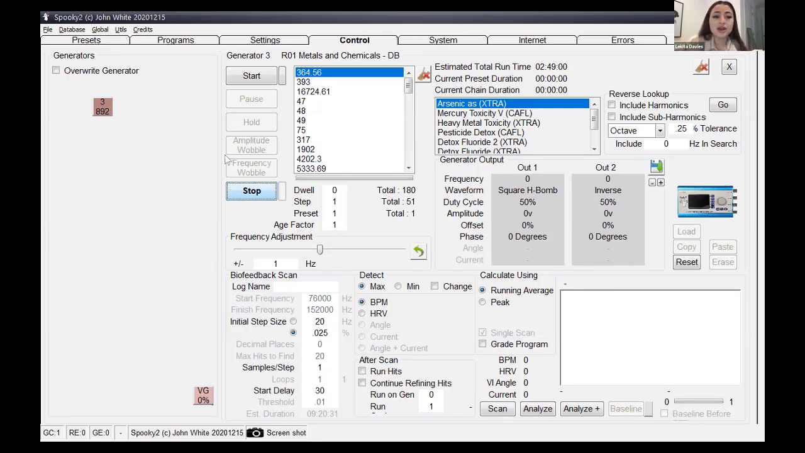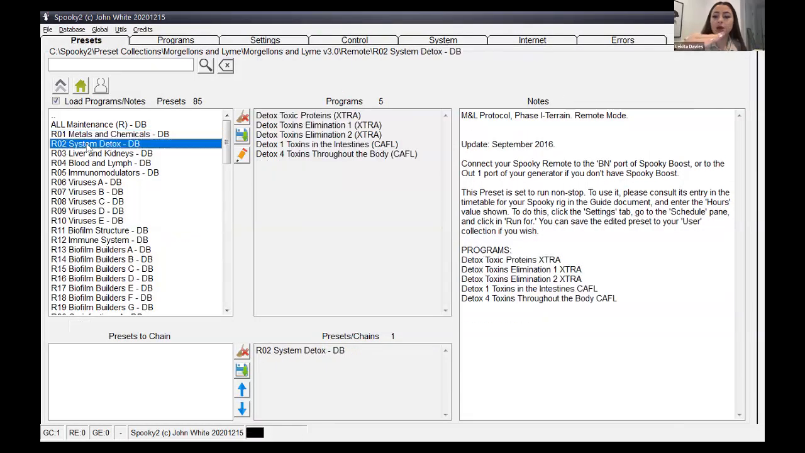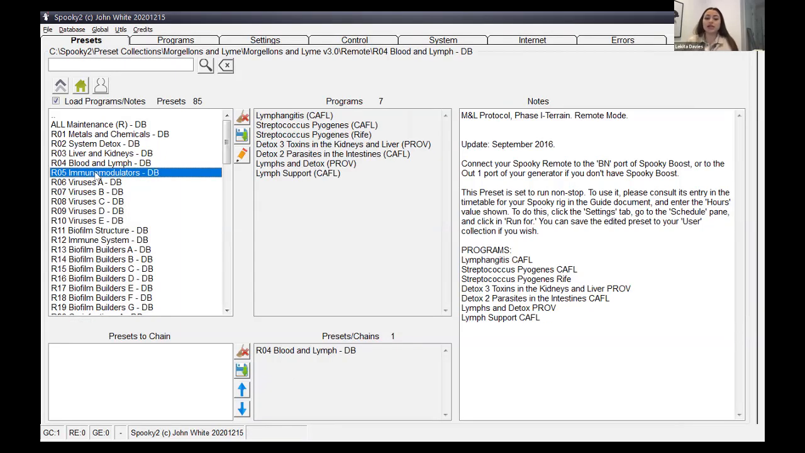And then what you'll do is you'll just leave that running until it's finished the 90 hours. And then you'll do the whole process with system detox. So you'll keep going down and down. Now, it's slightly different for immunomodulators, because